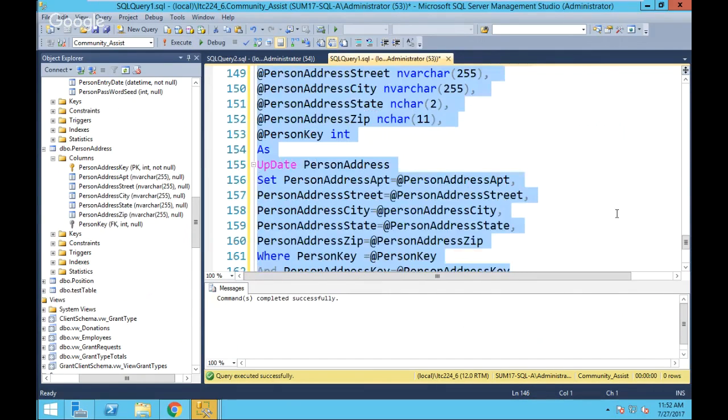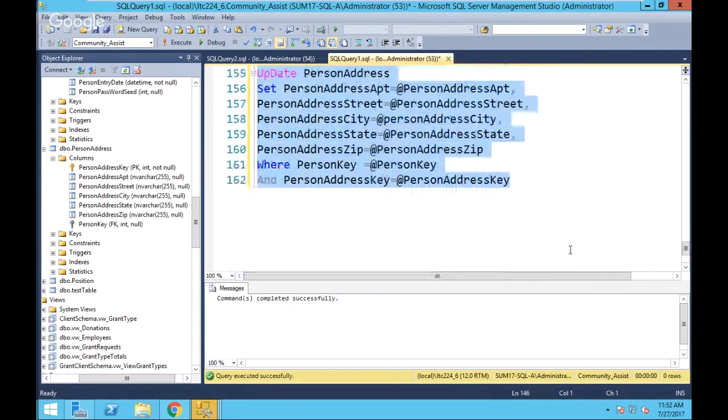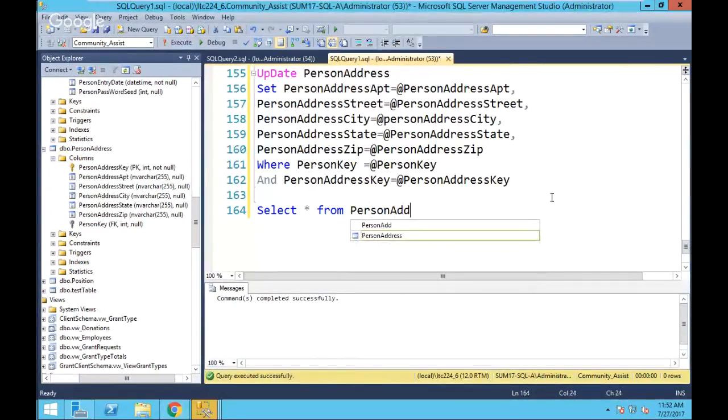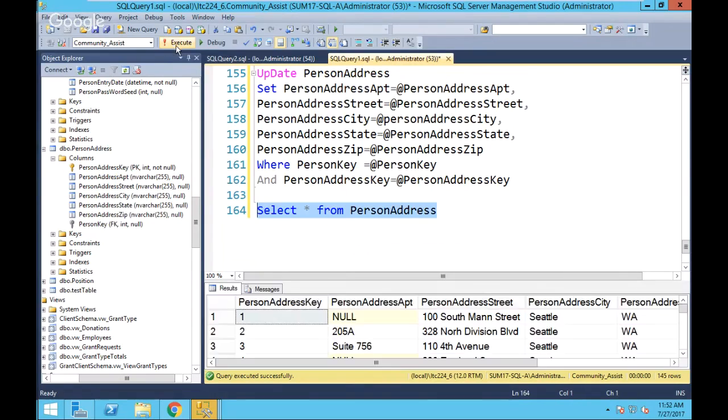So it was created successfully. So typically, let's do a quick select star from person address. So I execute that. But whose address do we want to change? Anybody? Just the first one? First one's easy to tell if we changed it. All right, so